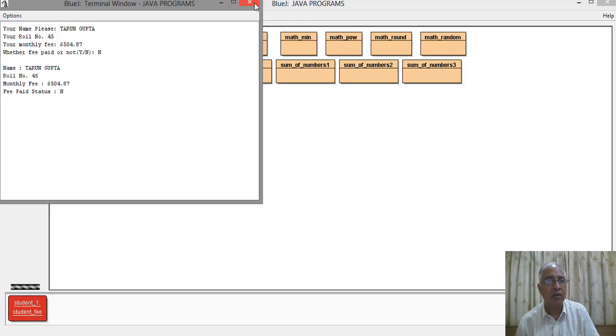I hope you understood the details of the functions used in the Scanner class, and we will do some more programs later on when we come to the functions of the Scanner class. There are some programs in your textbooks on using the Scanner class, so you can just try out those programs on your computers. We end this session now, and again I will come with a new session. In the next session we will start with packages and the import command used in Java programming. You will understand the meaning of packages and the import command.